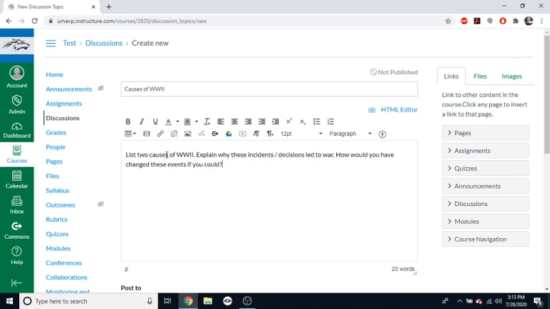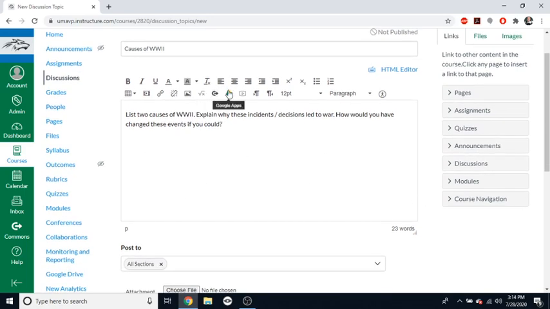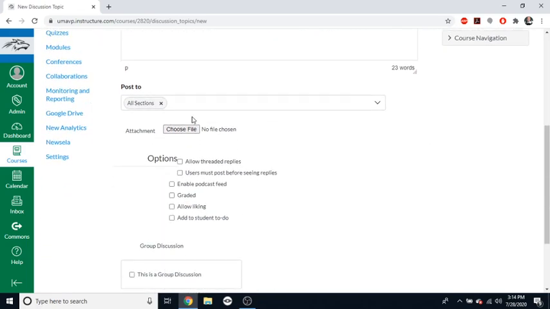So you can give them a question prompt. And again, this is just like a page. We can embed video, put in a PDF document, make a table, whatever we want to do. Now we can choose if we want to post this to just one specific section or